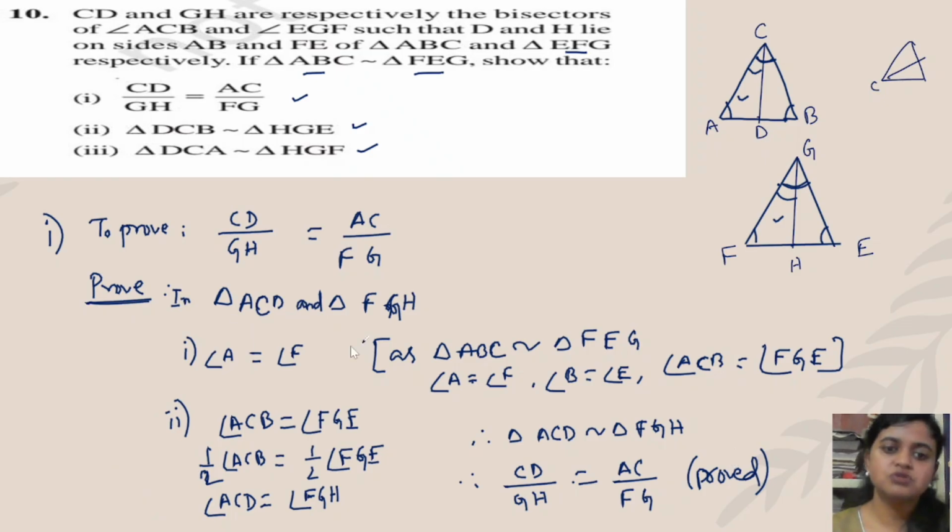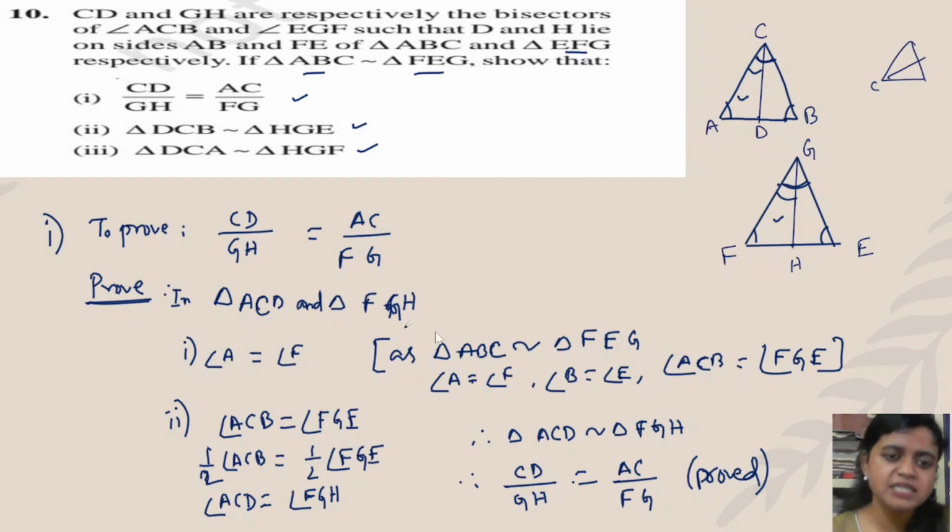Okay, so next, there is no space, so we have to erase this one. Let us understand again. We have to prove this result. To prove this result, we have to see CD is the part of which triangle? CD is the part of triangle ACD. G is the part of which triangle? G is the part of FGH. AC is the part of which triangle? AC is the part of ACD and also ABC. But CD is the only part of ACD. So from that observation we can understand we have to prove triangle ACD is similar to triangle FGH.